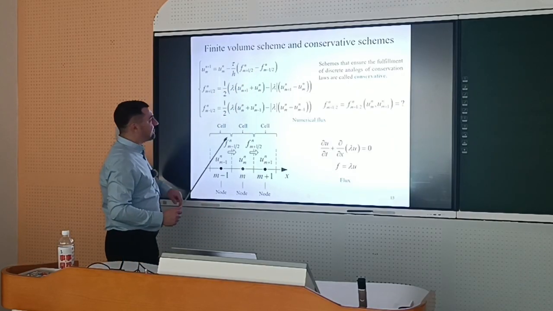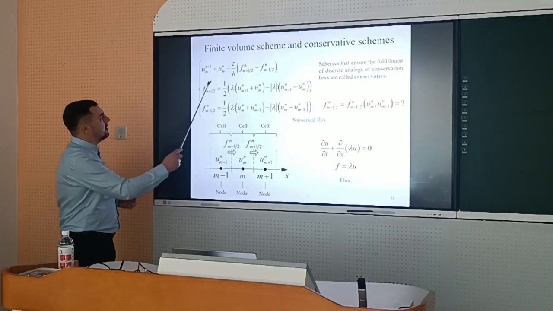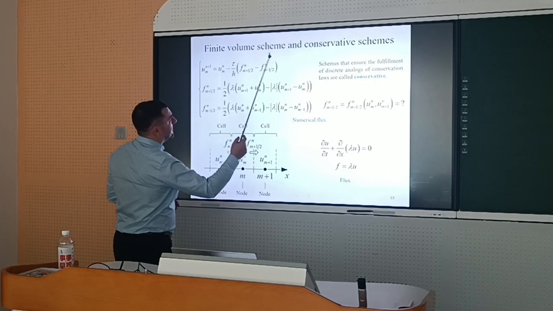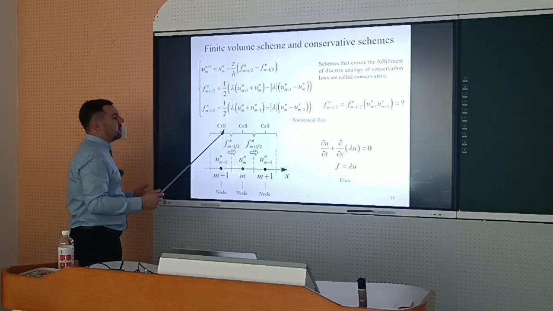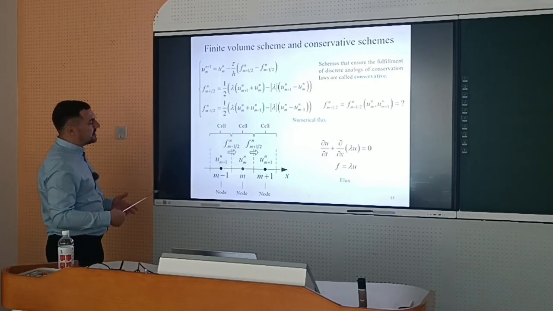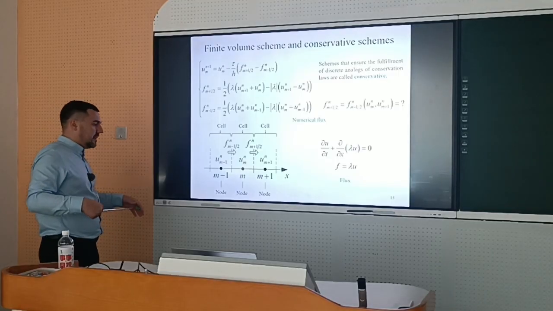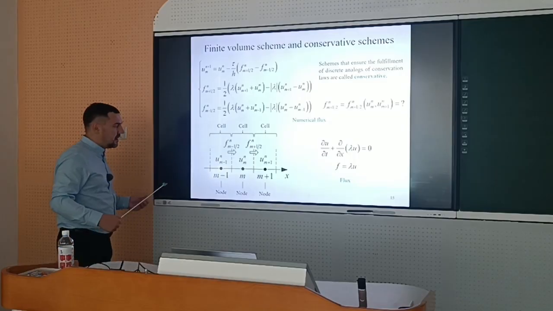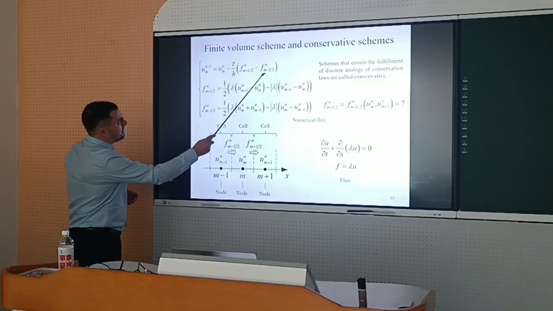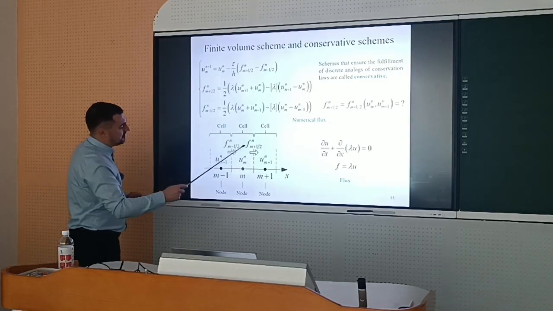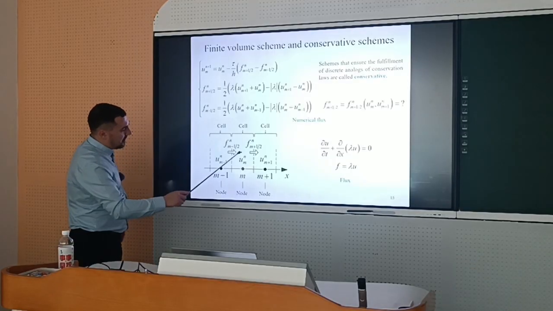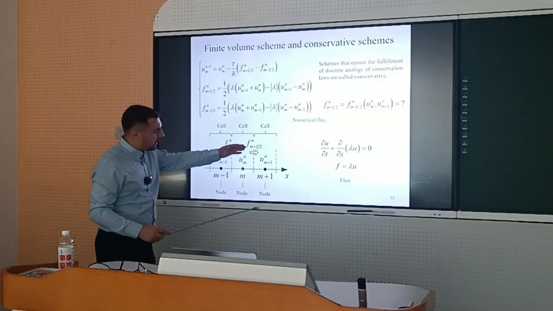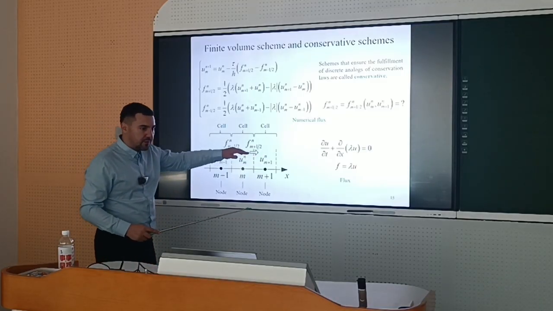And the idea is that this scheme is called finite volume scheme. So the scheme that is written as a numerical approximation of a conservation law is called a finite volume scheme. It means that the change during one time step of the value here, our grid function, is due to the numerical flux through the right edge of our computational cell